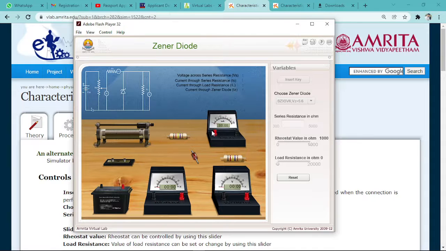Simply there is a rheostat, then an ammeter is there, then resistance is there, a Zener diode is there, a key is there, a battery is there. And this is the reset button. Here we can reset all the components and things. So this is the diagram. With this diagram you can also make the connections. For example, suppose firstly one connection is there, so the negative point is connected to the key. So by watching this, you can also connect the negative points here. This is the positive actually.